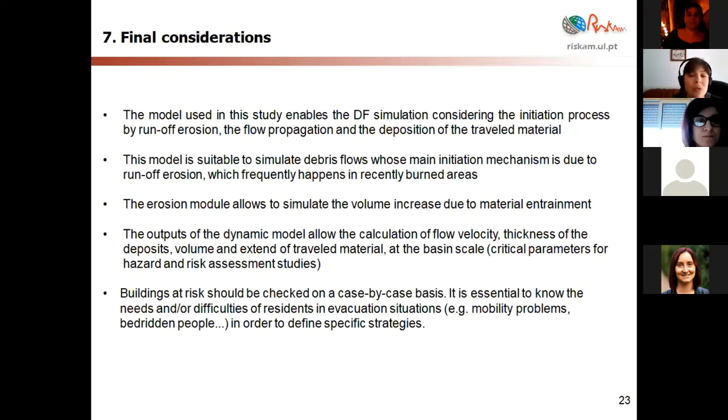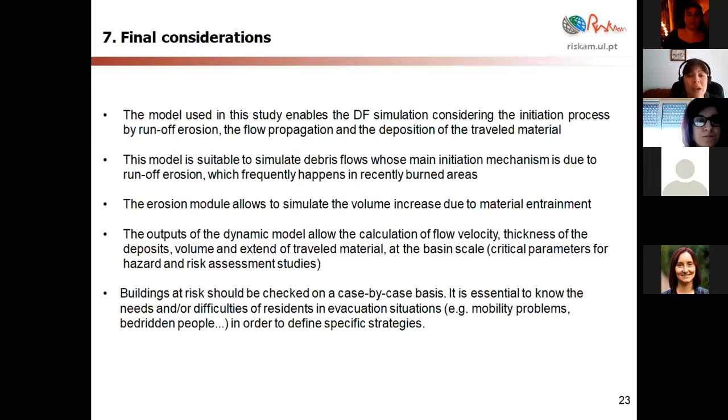And the outputs allow the calculation of flow velocity, thickness of the deposits, volume, and extent of travel materials at the basin scale, which are critical parameters for hazard and risk assessment studies. So using this model, we could identify the buildings at risk, but we advise that these buildings must be checked